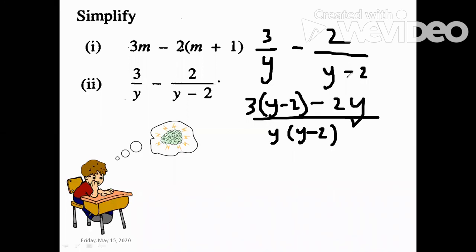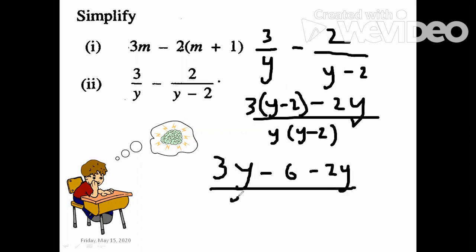So let me say it again. Y subtract 2 into this LCM here, the 2 y minus 2 and y minus 2 will cancel out, leaving back y. And then we're going to say 2 times y, which is 2y. And we're going to use distributive law to work out this little bracket here. So 3 times y is 3y, 3 2s is 6. Negative 2y all over y